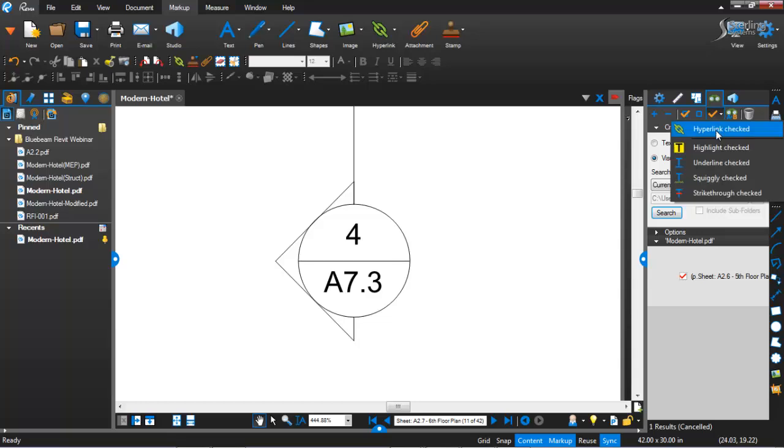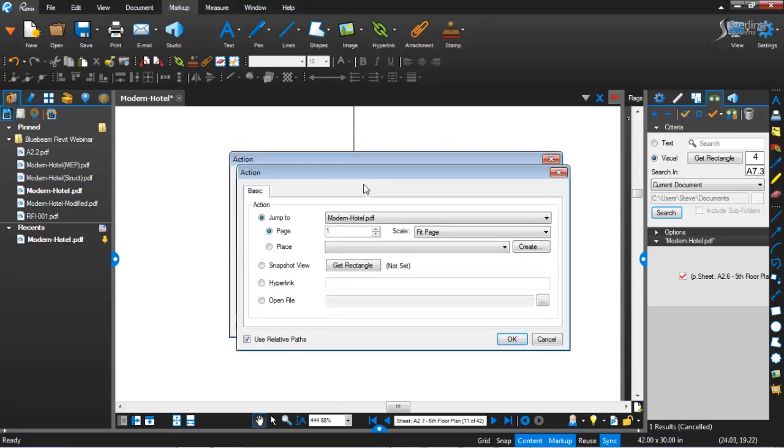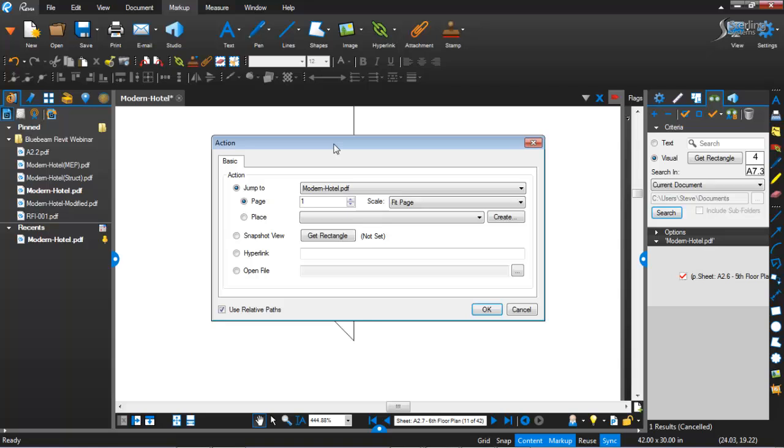And then I can come in here, hyperlinks checked, and for all intents and purposes, we got to go tell it where to go. First of all, I want to tell it that I want it to be a place. Now, this place could be anywhere in the files. It could be a different rectangle, another view. It could be another hyperlink, and it could also tell you to open up a file. We'll actually explore that open file here later. So I want to tell it to go to a place, because when I tell it a place, it comes over here on my left side where my browser is and allows me to choose it